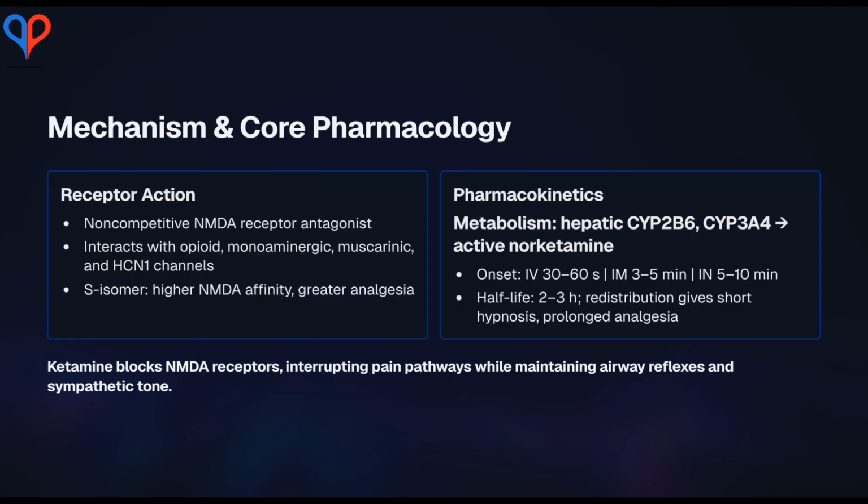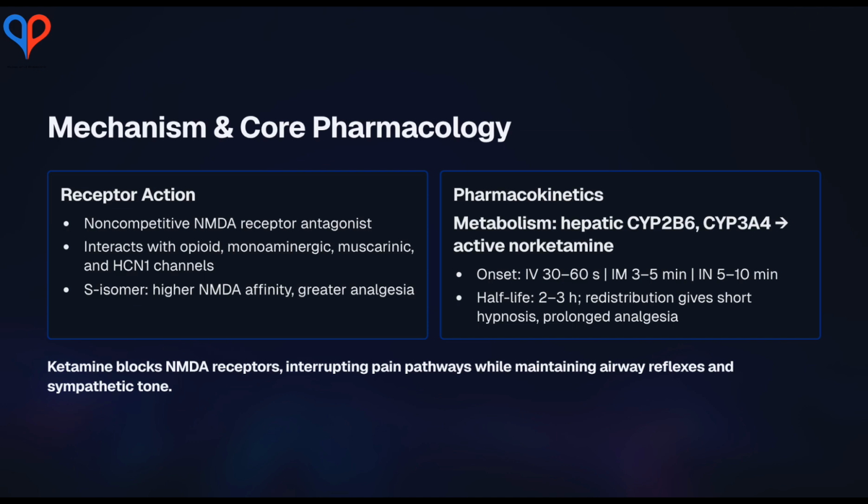concern. Mechanistically, ketamine is a non-competitive NMDA antagonist. It also acts weakly on opioid receptors, monoaminergic pathways, muscarinic sites, and HCN1 channels. These secondary actions explain its analgesic, antidepressant, and bronchodilatory effects. The S enantiomer, or S-Ketamine, binds NMDA receptors about 3 times more strongly than the R form, producing greater analgesia at lower doses. Metabolism occurs in the liver via